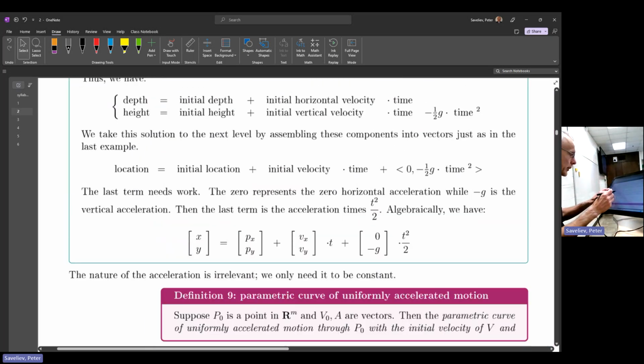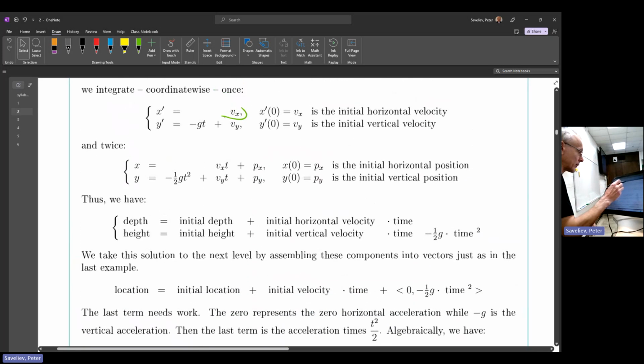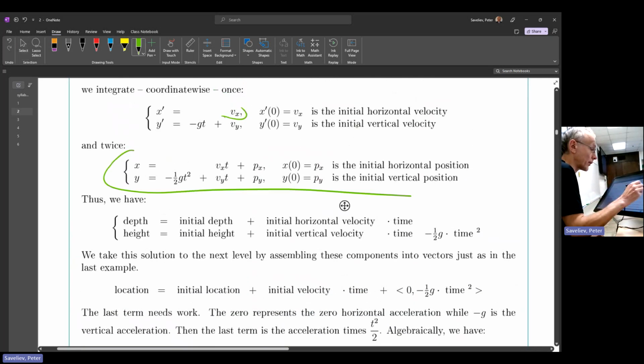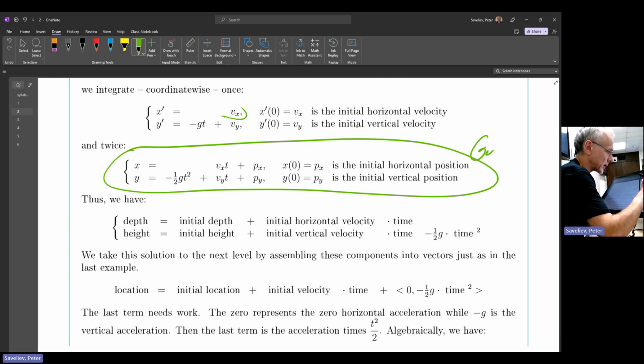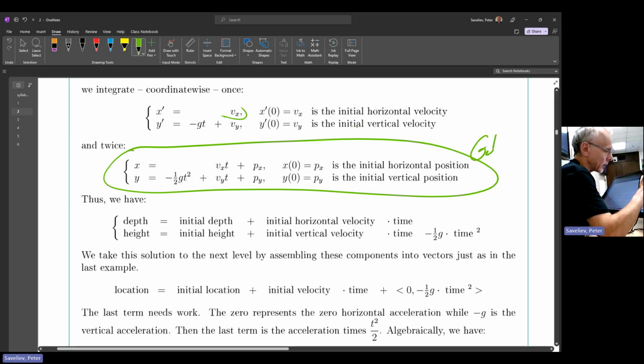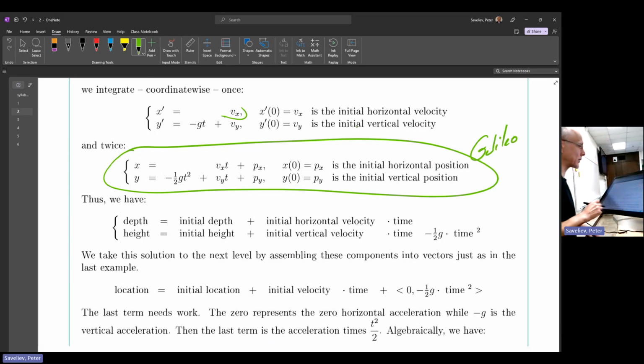As nice as these formulas are, let's call it attributed to Galileo, even though it was done before him, but that's what he's famous for, among other things. Writing out the equation explicitly, the horizontal motion is linear and the vertical is quadratic. This morning I ran into a quote from Einstein